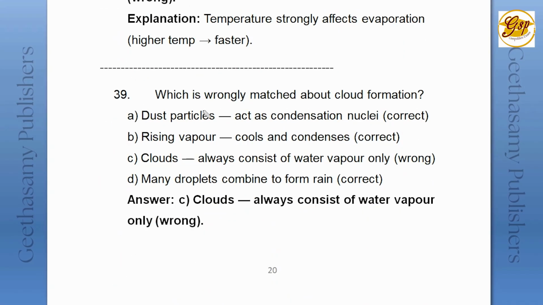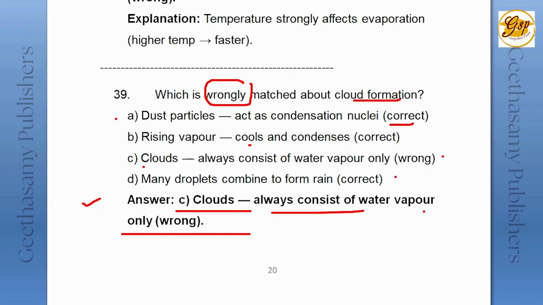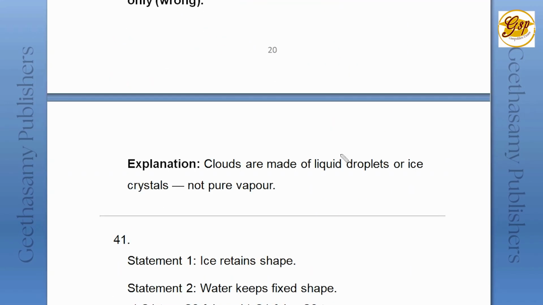And 39th question, again it's a wrong match. On cloud formation, dust particles act as condensation nuclei, correct. Rising vapor cools and then condenses, correct. Clouds always consist of water vapor only, wrong. Many droplets combine to form rain, correct. The answer is C. Clouds always consist of water vapor only, wrong. The explanation is the clouds are made of liquid droplets and ice crystals,